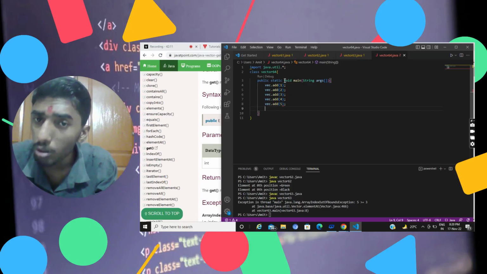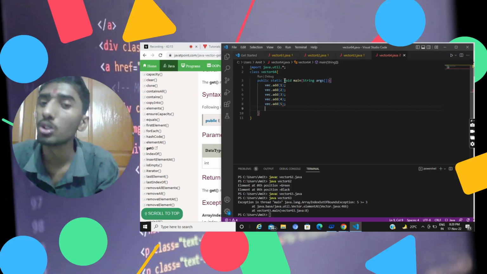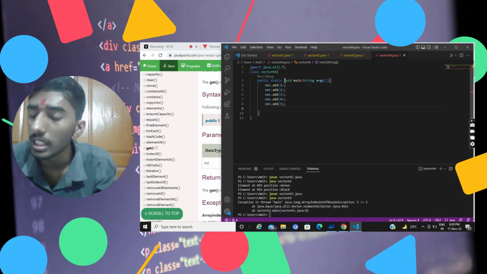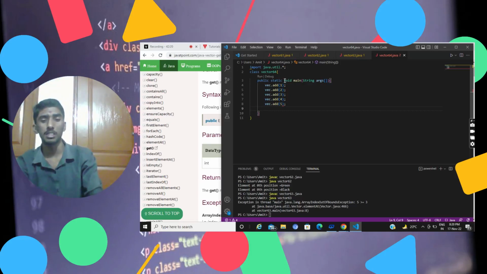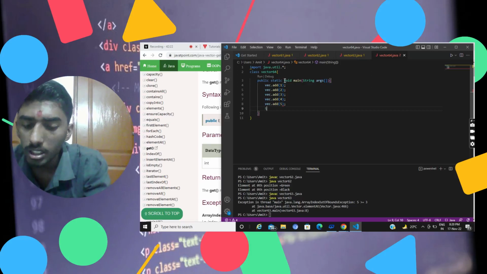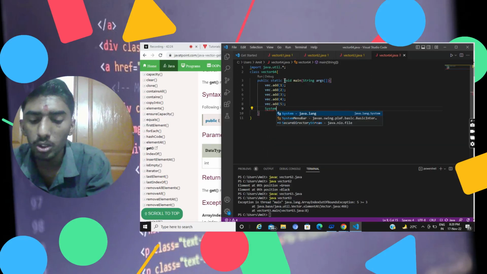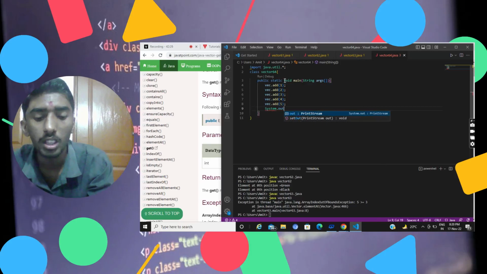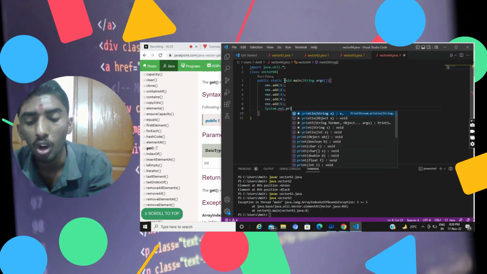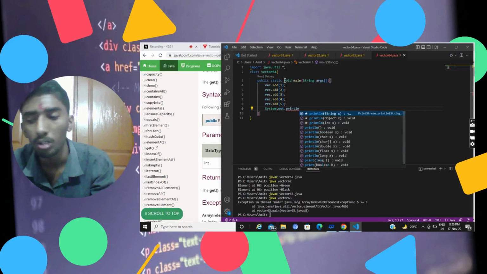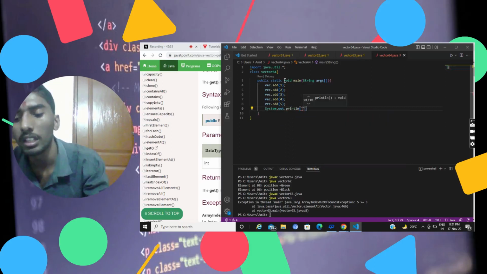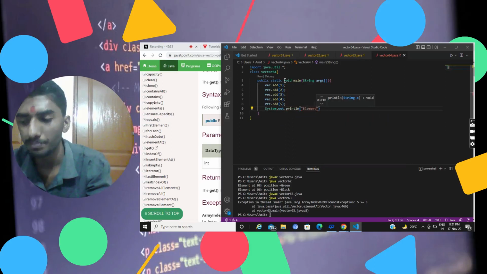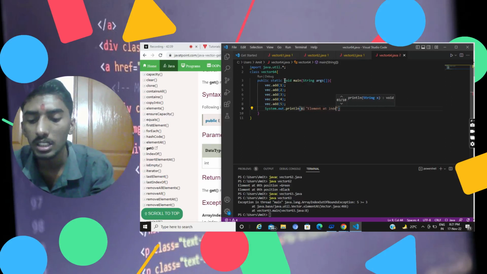So you have to print your vector addition format. So we have to write here vector addition. We have to write here the print statement, that is System with S in capital letters. You should all remember this thing while we are writing a print statement: System.out.println, and here write "element at index 1 is